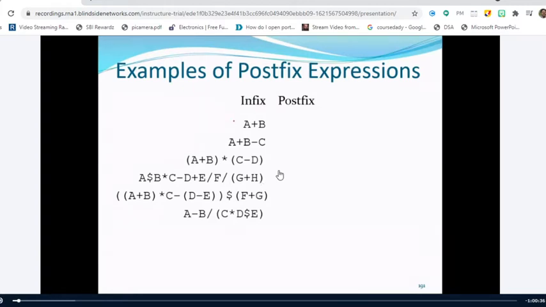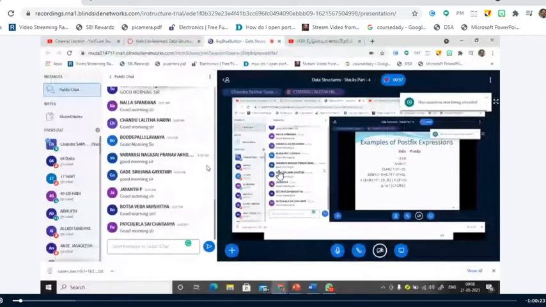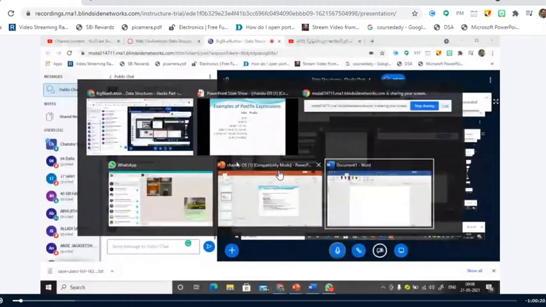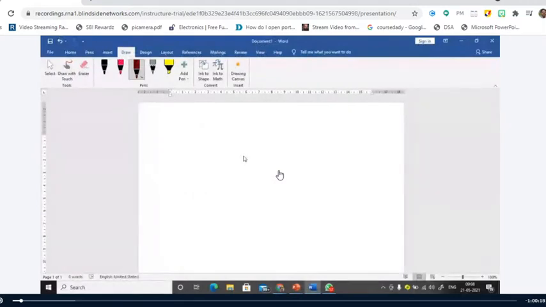So in the last class, we completed these two, I think, right? We converted these two infix expressions to postfix using stack. Am I correct? Now we'll solve the third one. This is the example we are going to deal with first in today's session.